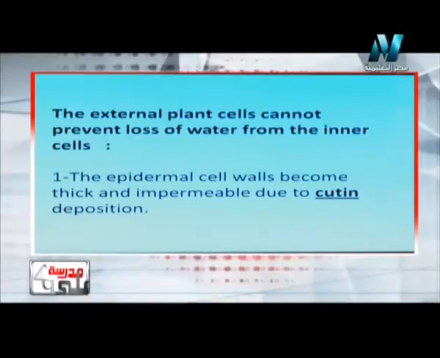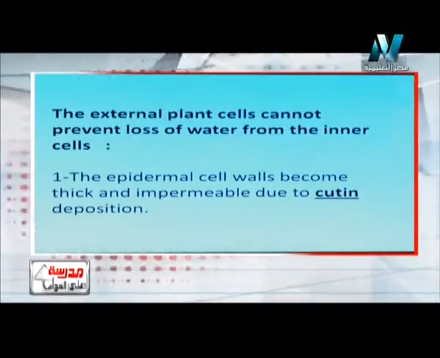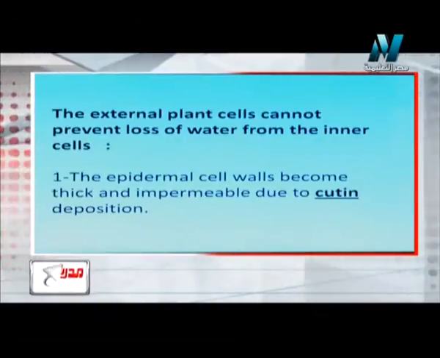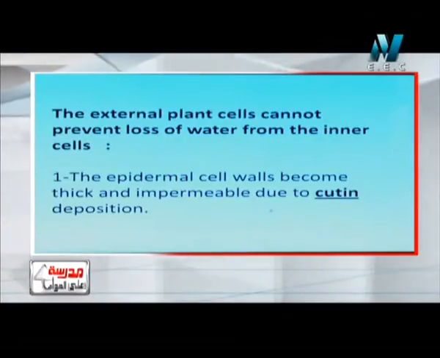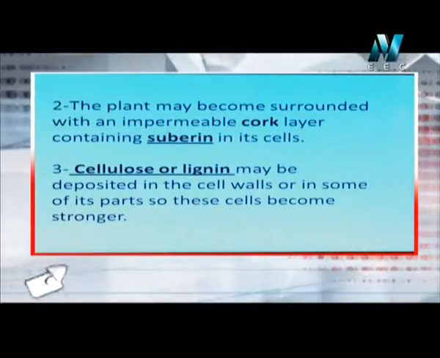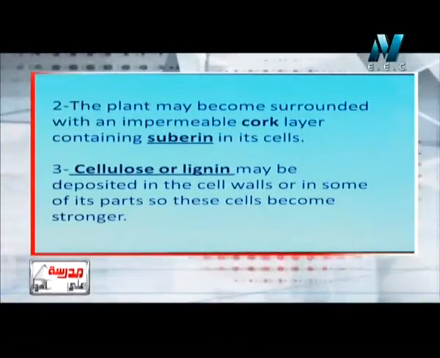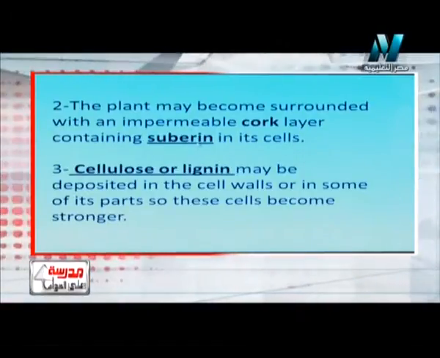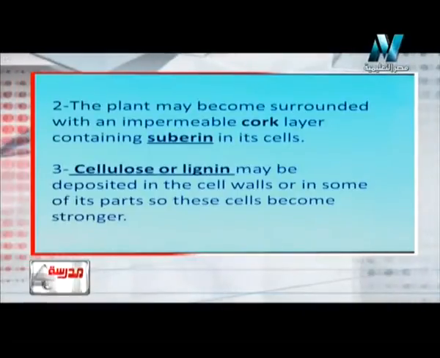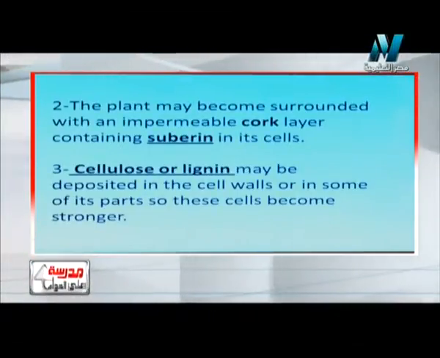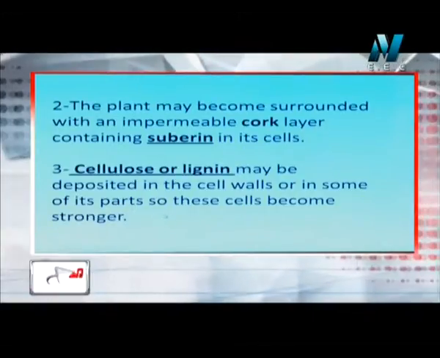The external plant cells cannot prevent loss of water from the inner cells. The epidermal cell wall becomes thick and impermeable due to the chitin deposition, because chitin is impermeable to water. The plant may become surrounded with an impermeable cork layer containing cyprine. Also the cyprine is impermeable to water. Cellulose or lignin may be deposited in the cell walls or in some parts of the cell,